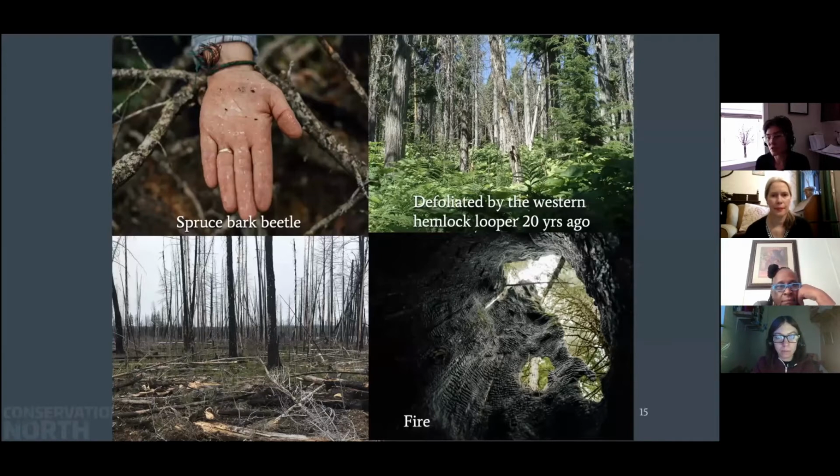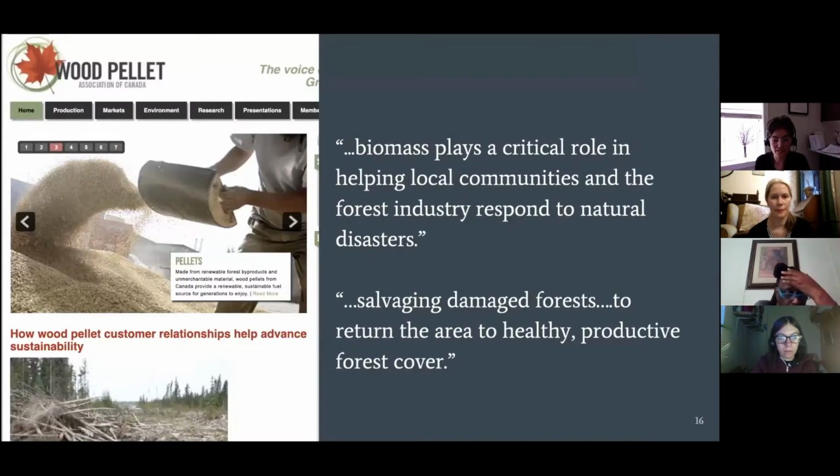We know that these disturbances will get more extensive and severe as the climate progresses, but our forests actually owe their structure and complexity to these natural workings. Areas that have been disturbed by fire or insects provide habitat that's not in industrialized plantation landscapes. And some people actually argue that dead trees play an ecological role that's greater than their role as living trees. This is the kind of thing you'll see online if you go to the Wood Pellet Association